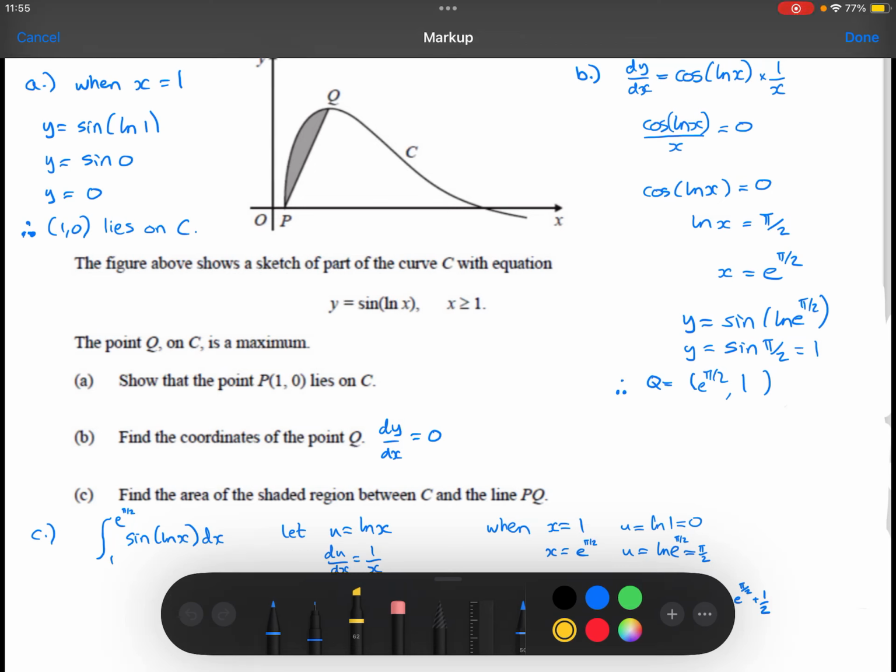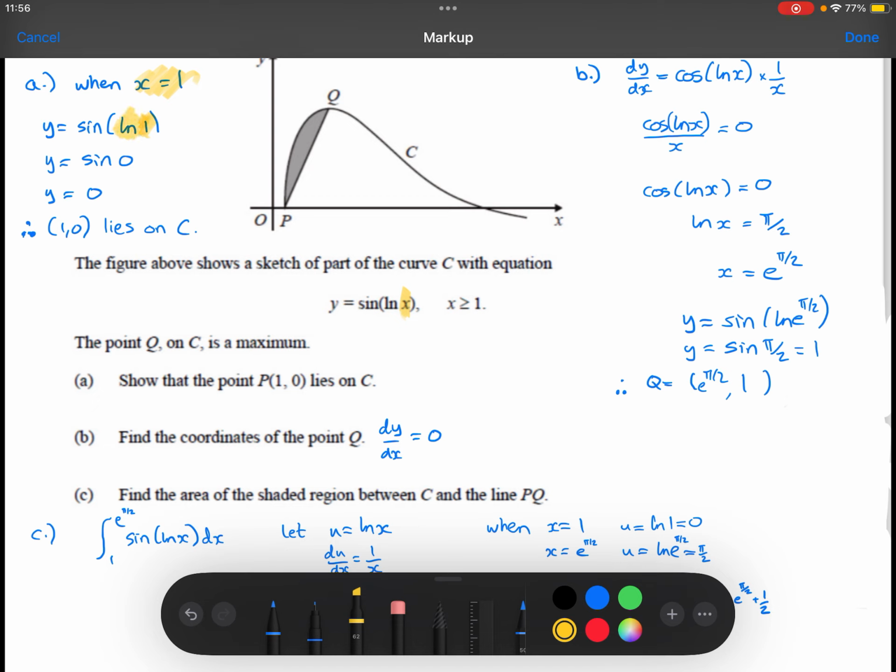Part A, show that the point P, 1, 0 lies on the curve. So the x-coordinate is 1, the y-coordinate is 0. So if I substitute 1 in here instead of x, so when x is 1, substitute the 1 in instead of x,